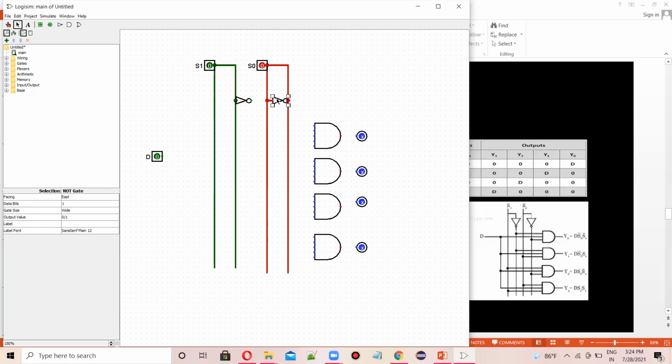I think now it is okay, and we can proceed further because now it is coming in a perfect way.